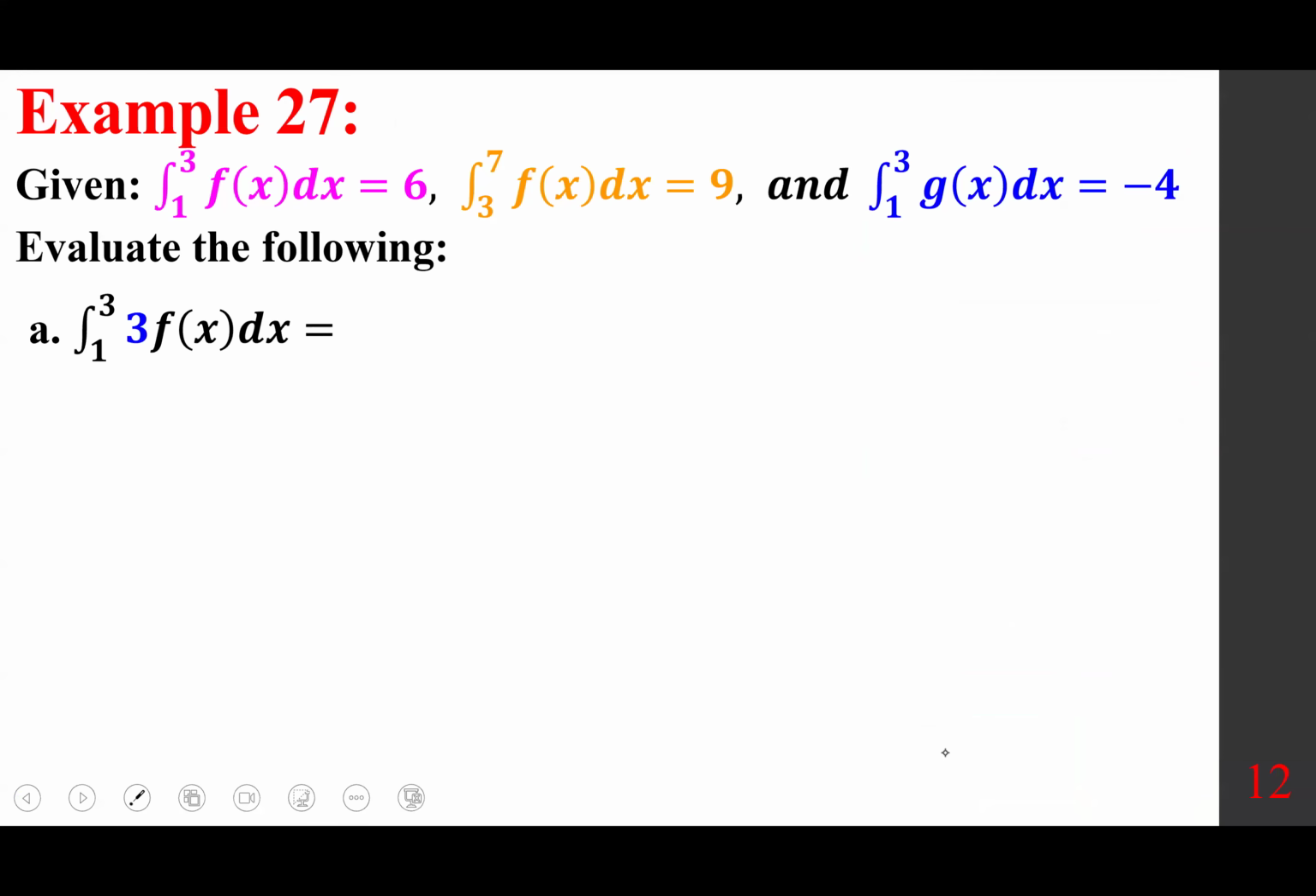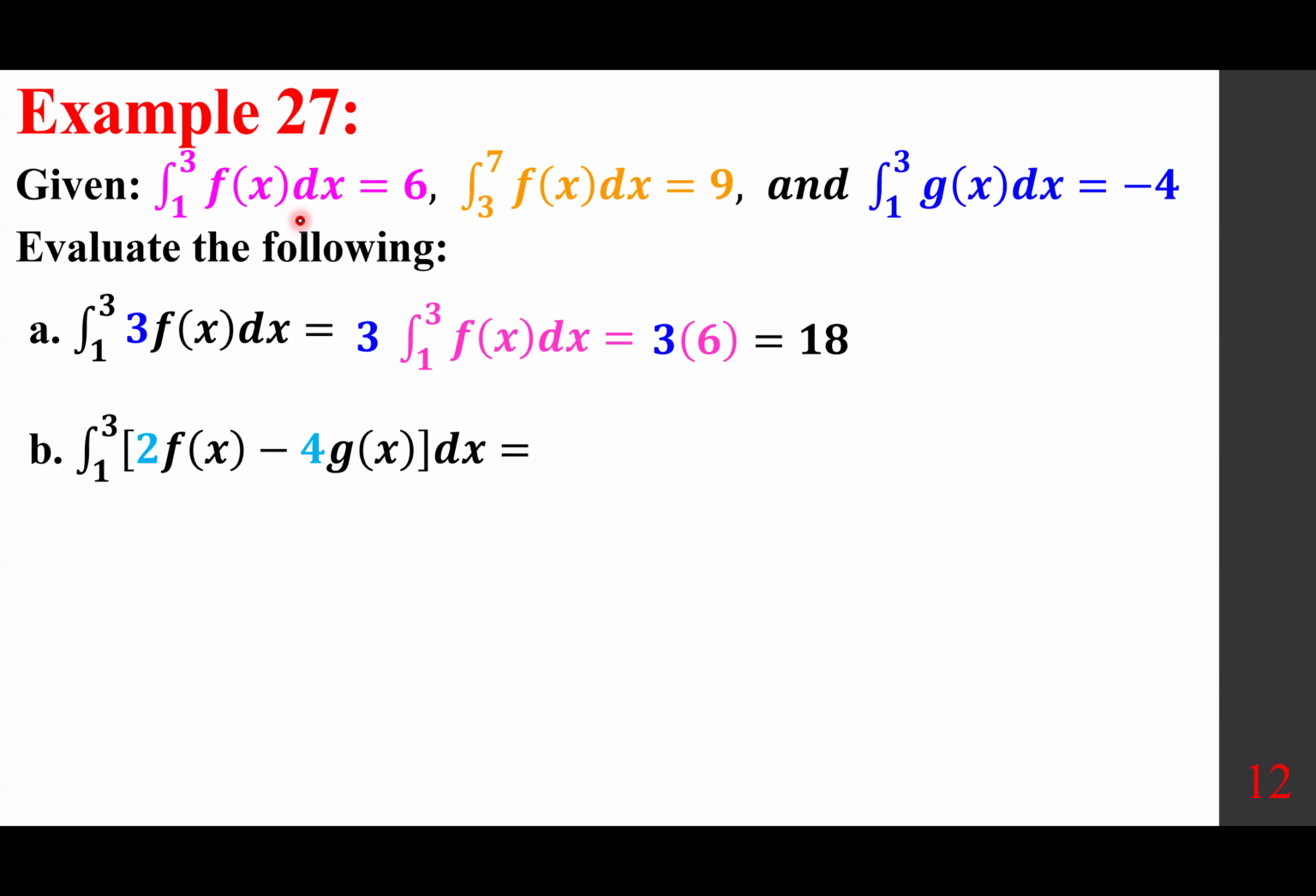Now, let's use those properties for the following. We have the integral of f of x dx from 1 to 3, 3 to 7, and 1 to 3 for g of x. And we want to evaluate the integral of 1 to 3, 3 times f of x dx. So if this is 6, just multiply it by 3, and you get 18. What about this one? We're going to cut it into two pieces, 2 of this minus 4 of that. So 2 times 6 minus 4 times minus 4,